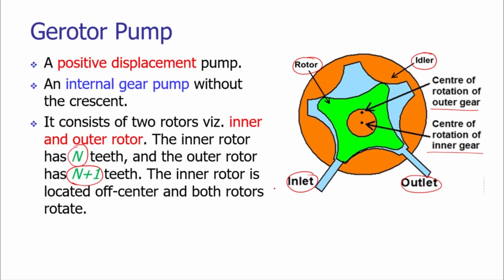The fluid is coming inside, the rotor is rotating. As the rotor is rotating, it is driving the idler gear as well. If you notice here, the rotor is rotating in anti-clockwise direction. It is coming in contact with the idler gear and driving it, and as it is driving the idler gear, there may be disengagement of the rotor teeth with the idler teeth, and that disengagement is creating a gap. It's creating negative pressure at the inlet. Due to that negative pressure, the fluid will be coming inside,